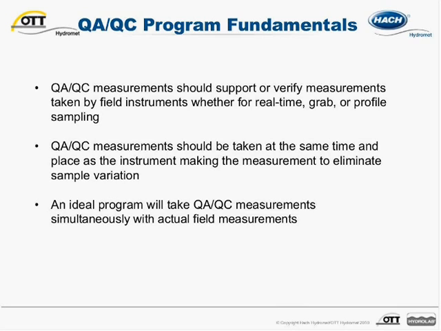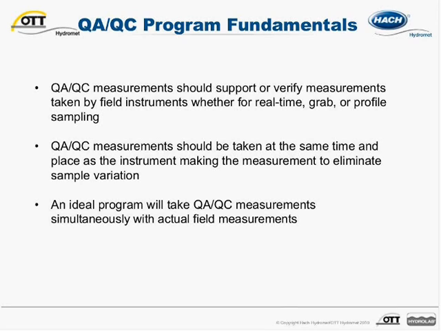Whether the measurement of interest is a real-time measurement, grab sample, spatial profile, or even from a laboratory-based instrument, a core element to a QA/QC program is to have a means to check the primary measurement. In this sense, the QA/QC measurement needs to support or be in alignment with the primary measurement. Generally, measurements are taken temporally, which means with reference to a specific time or sequence of time, or spatially, which means with reference to a specific location or area profile.